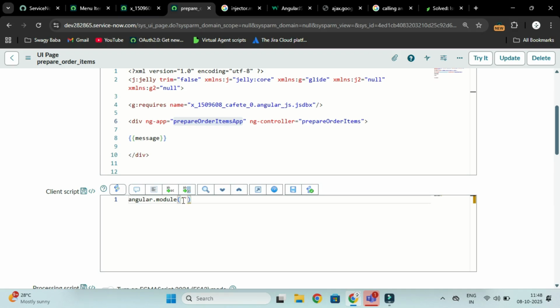This is the application name, and I will initialize it into an app variable, and let's create a controller for this application. app.controller, and this is the controller name,